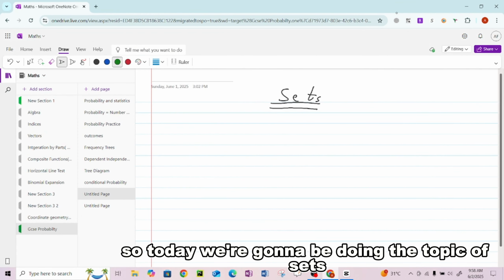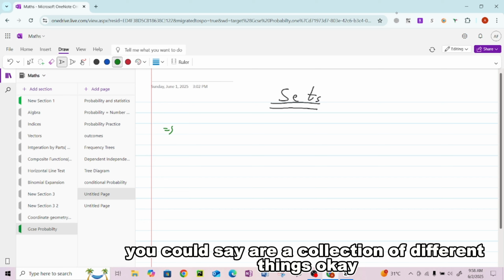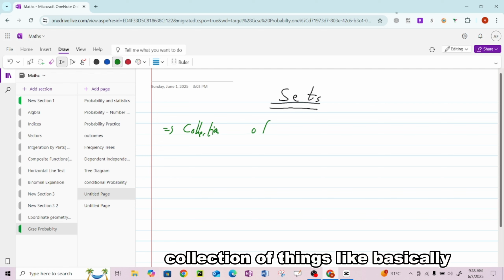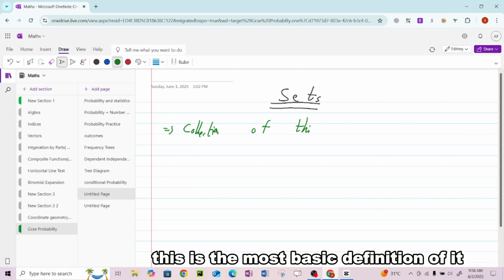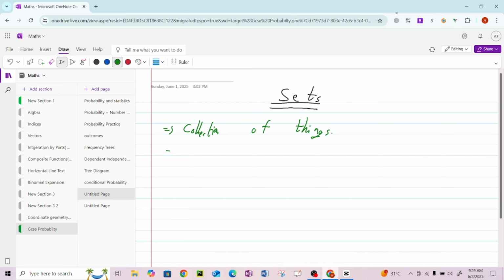So today we're going to be doing the topic of sets. Now, what are sets basically? Sets, you could say, are a collection of different things, okay? A collection of things. This is the most basic definition of it. Collection of things, okay? For example, let's say you have